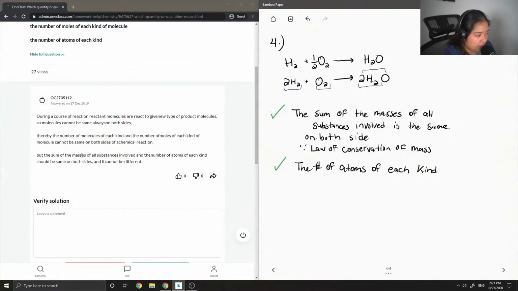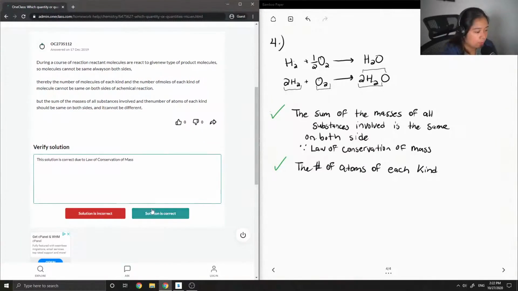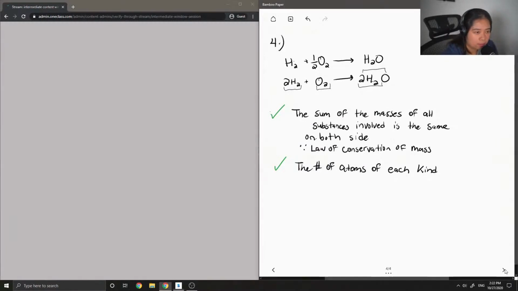But the sum of the masses of all substances involved and the number of atoms of each kind should be the same on both sides, and it cannot be different. So this solution is correct due to the law of conservation of mass. Okay, so that